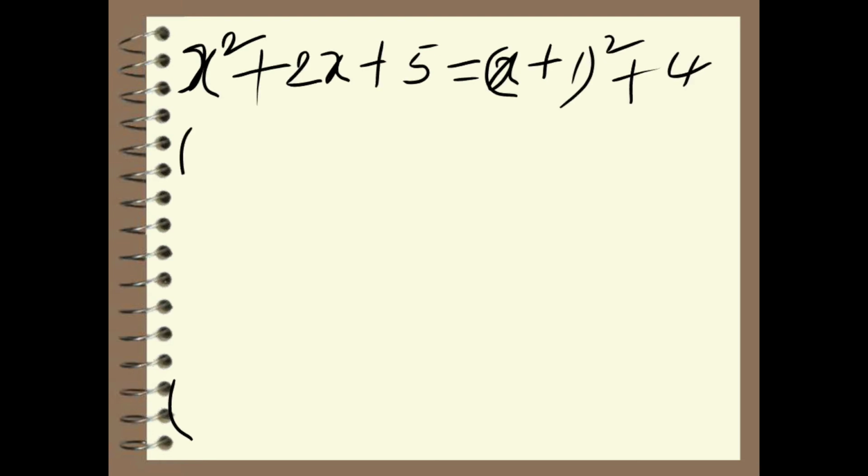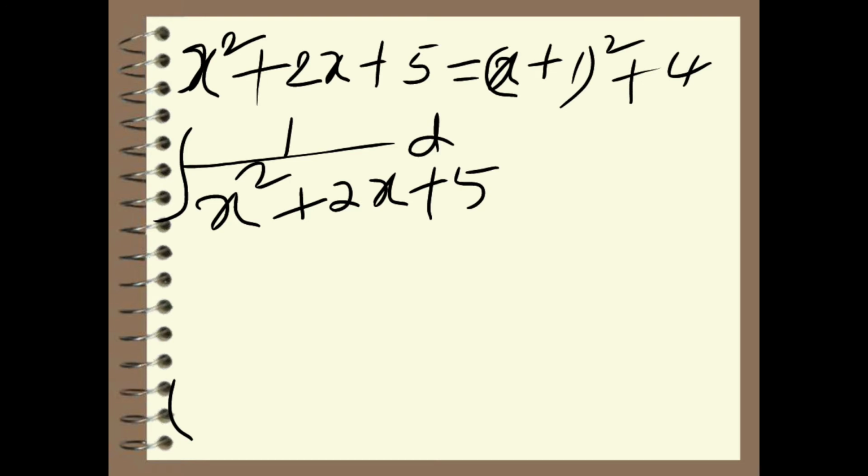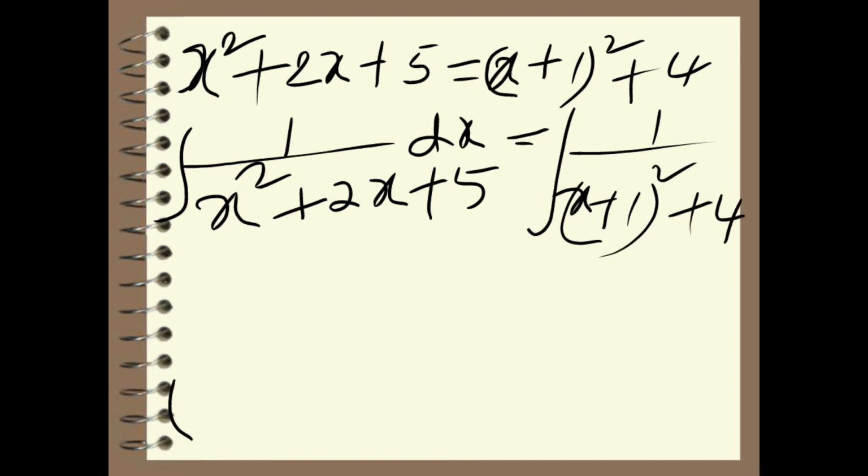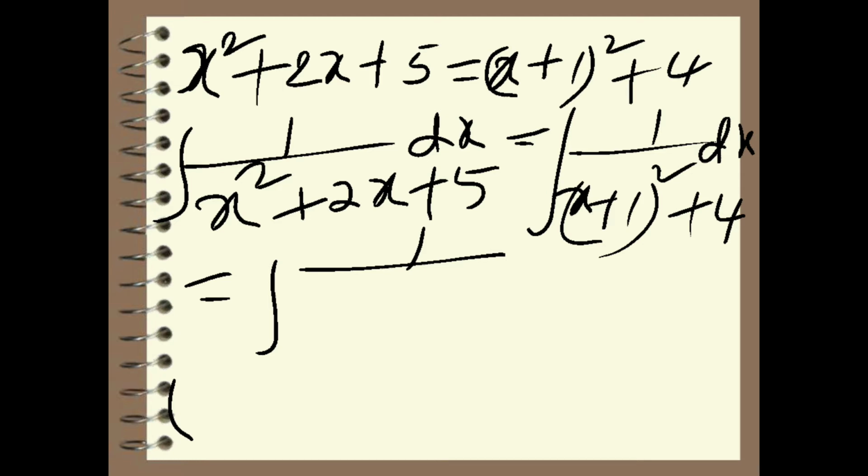Okay, now we do the integration. Now what is the given problem? 1 by x square plus 2x plus 5 into dx. So it can be written as 1 by x plus 1 whole square plus 4 into dx. So now it is clearly of the form 1 by x square plus a square, if you observe. Assume that x plus 1 is capital X, and this 4 can be written as 2 square into dx.